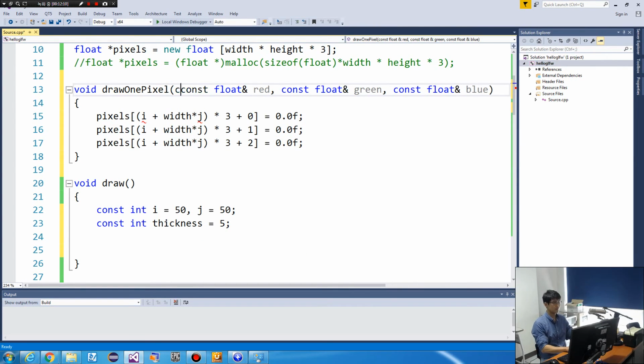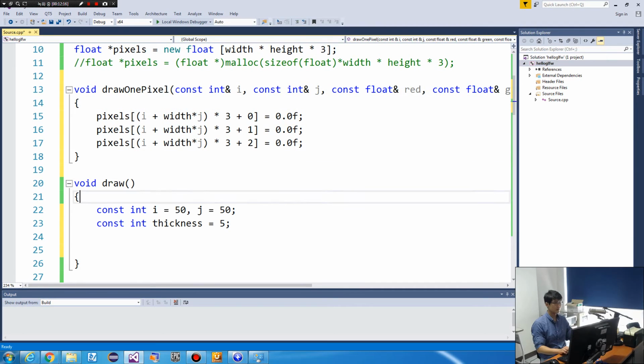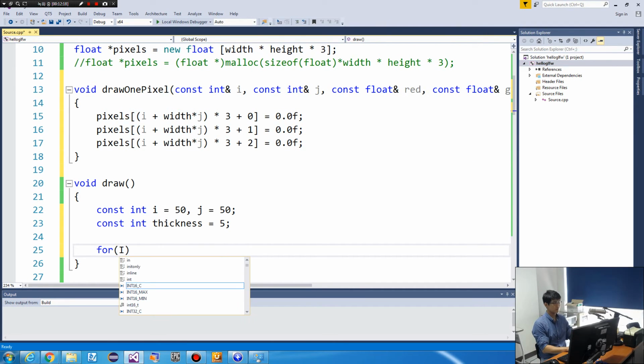Okay, const integer i, const integer j, right? And maybe we can use an integer for loop.